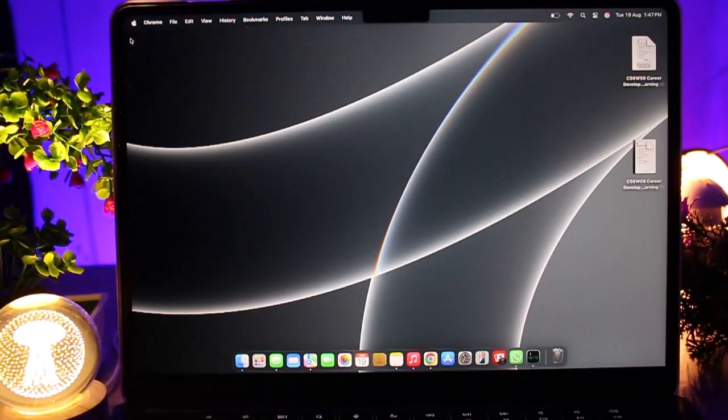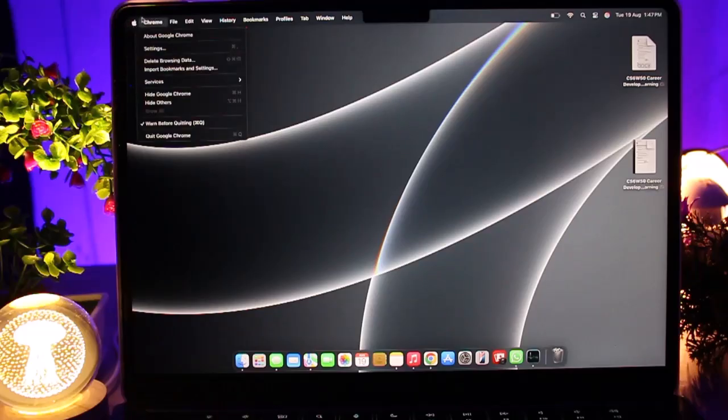Today I'll show you some easy ways to fix screen flickering on your MacBook. So let's jump right into it. First, try restarting your MacBook. A fresh restart often solves temporary glitches. You can simply restart it by going to the Apple logo on the top left corner of your screen and